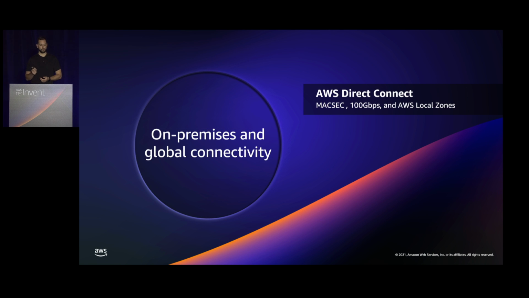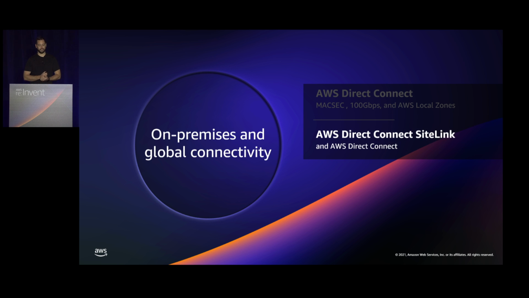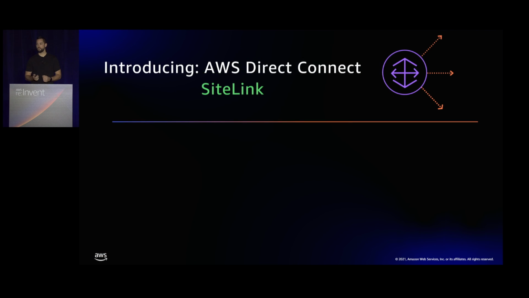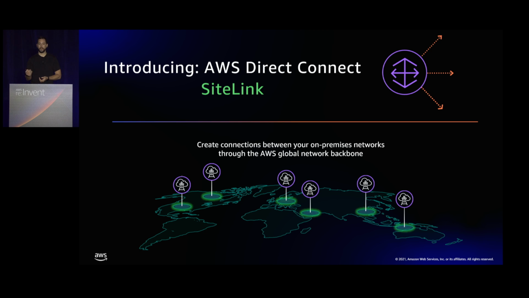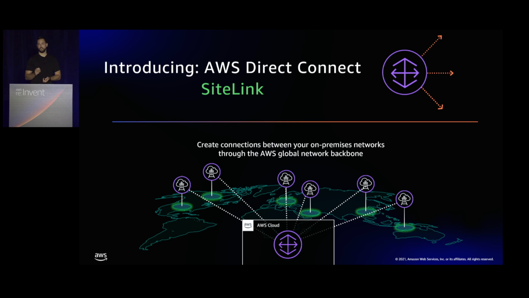Okay, that brings us to the next exciting thing we've got here, AWS Direct Connect SiteLink. With Direct Connect, we have Direct Connect Gateway, and Direct Connect Gateway essentially allows you to connect through to multiple VPCs. Based on customer feedback on how Direct Connect Gateway works, we're now enabling the ability for Direct Connect Gateway to provide connectivity natively to your sites. So from site A connected via a Direct Connect to a Direct Connect Gateway down to site B. We'll have a look at what that looks like.